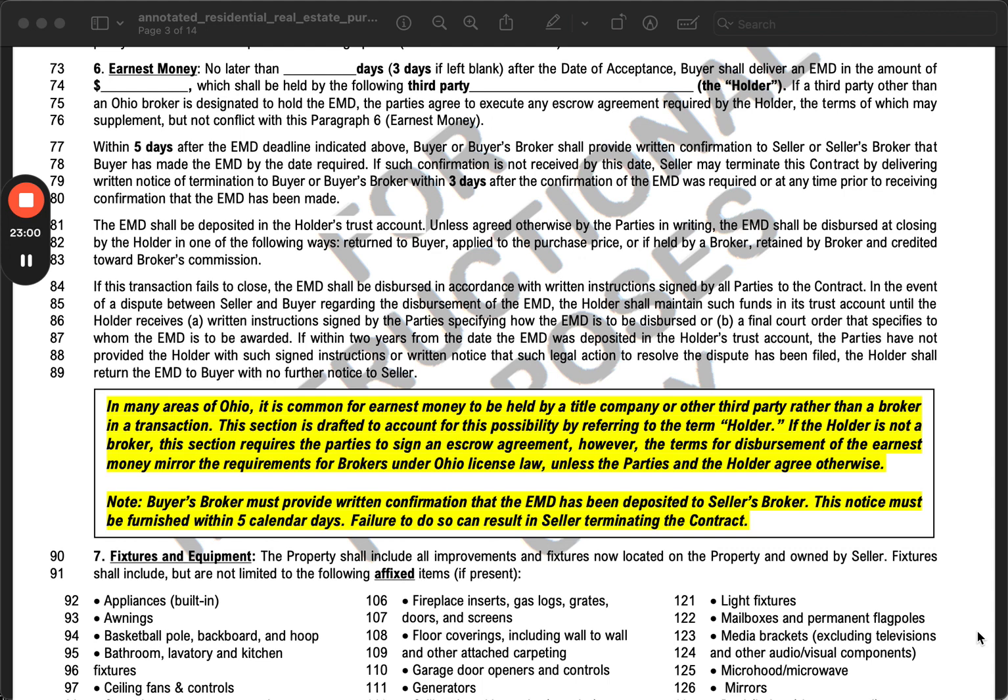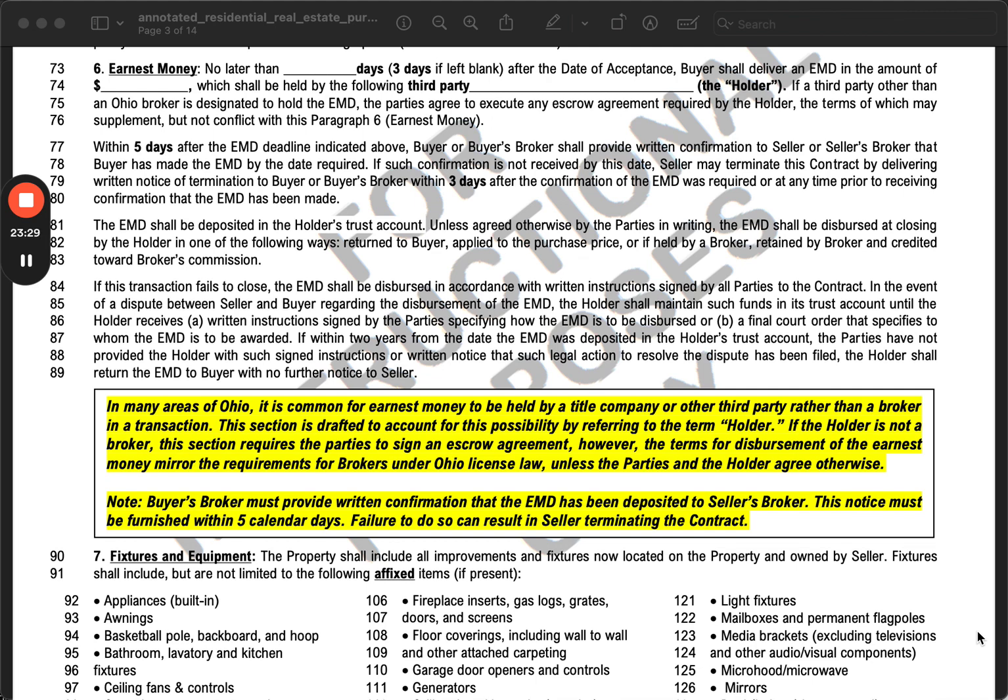forward that to the listing agent, forward that to your client, and be sure to upload that into your loop. If you represent the seller and this occurs, you also are required under Ohio licensure law to be certain that that earnest money was collected. That has always been true under Ohio Realtors license law. So you want to be certain that that money was collected. So if for some reason the other agent is not getting you proof of that, it is your responsibility to get that proof yourself as the listing agent and to share that with your client and to add that to